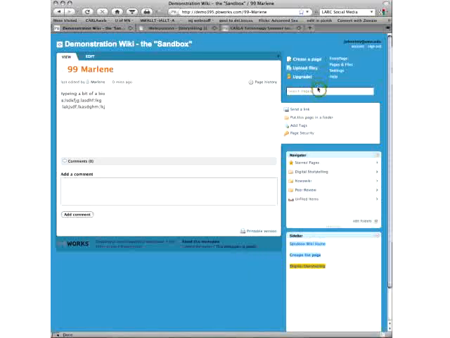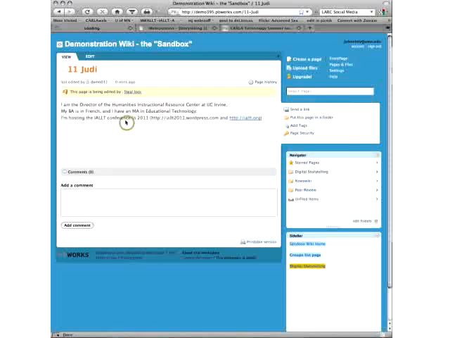And I was just going to show you a couple of things. Judy, I'm going to use your page. Don't save it yet. If you're still in the edit mode, I want to show what happens. So I'm going to look for Judy's page. And when I go here, can you see this? Across the top it says this page is being edited by. Right now it doesn't have a name in it because you're using student logins that I didn't give names to because I didn't know whose name was going to which login.